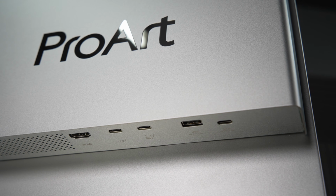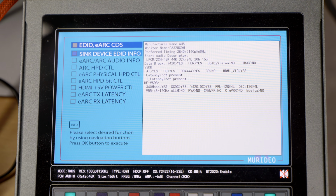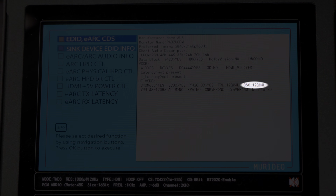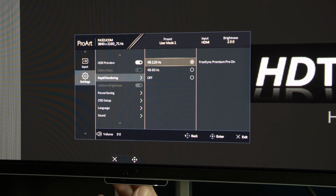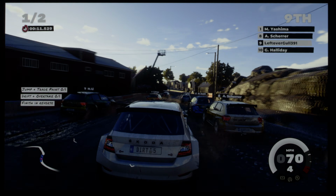Besides 2 Thunderbolt 4 ports, the monitor provides an HDMI 2.1 input capable of the full HDMI 2.1 bandwidth of 48 gigabits per second, as well as 48 gigabits per second of DSC or display stream compression bandwidth. While the monitor supports 4K 240Hz refresh rate, at the time we produced this video in April 2025, VRR is capped at 120Hz, although ASUS said that they are working on a firmware update to unlock 240Hz VRR in the near future. Of course, 4K 120Hz HDR VRR aligns perfectly with the maximum output of the Xbox Series X,